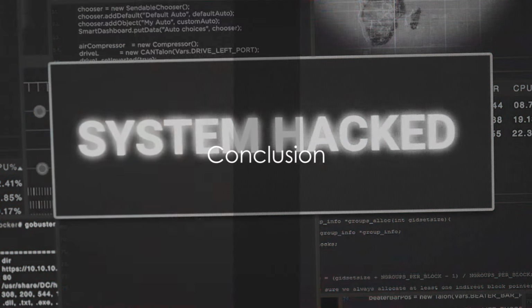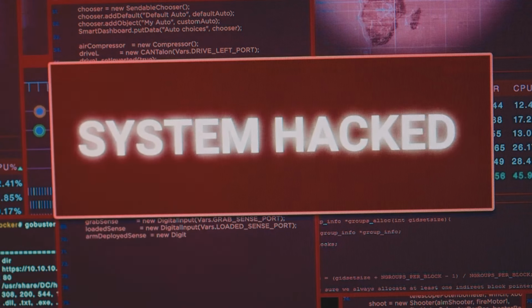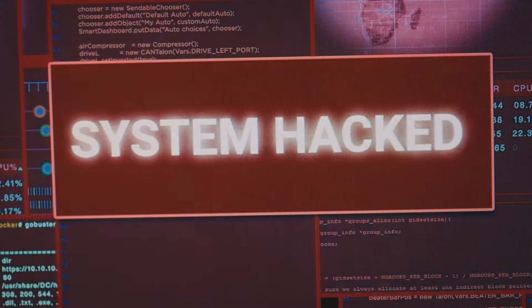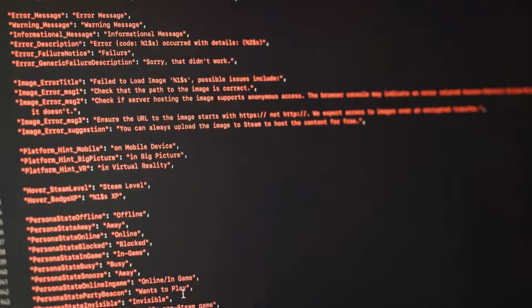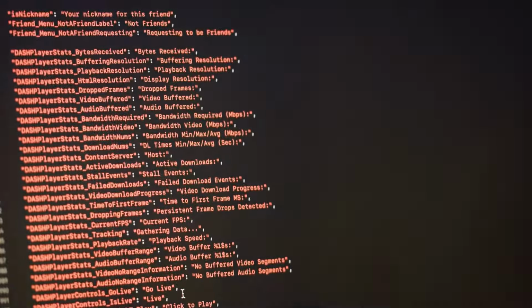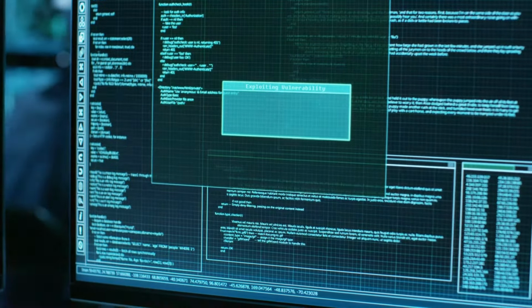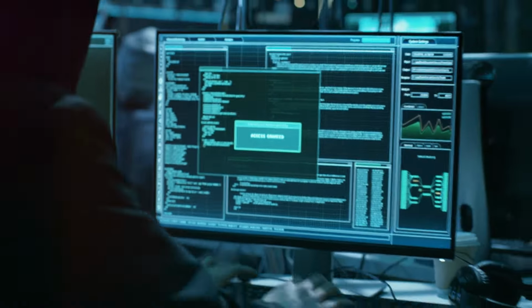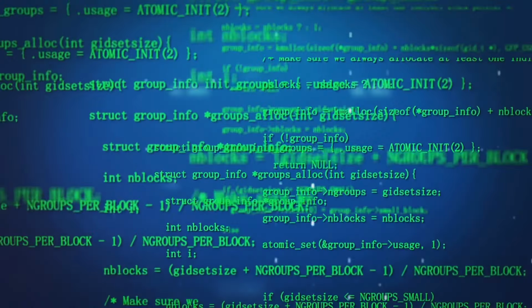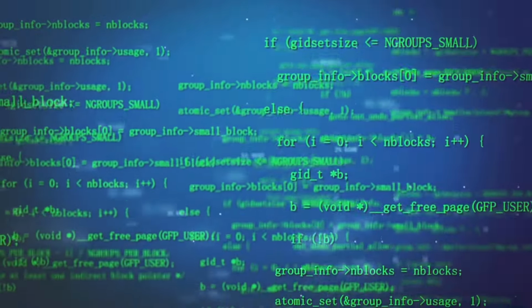Let's wrap things up and recap the key points. We've taken a deep dive into the world of SQL injection attacks, a prevalent and potent threat to the security of web applications. These attacks exploit vulnerabilities through the injection of malicious SQL code, leading to unauthorized access, data theft, and potential damage to organizations. We've explored the different types of SQL injection attacks, such as classic, blind, and time-based SQL injection. Each of these exploits different aspects of a web application's defenses, but the end goal remains the same: unauthorized access